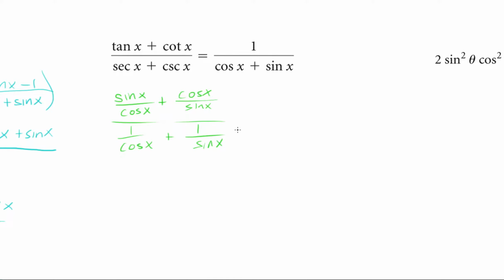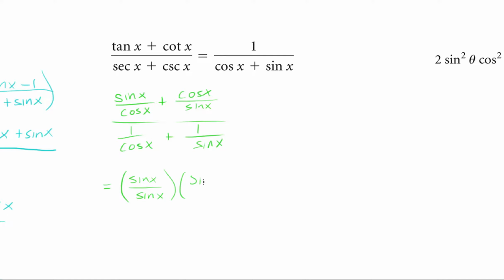Okay, now from here we add these two fractions. We need a common denominator. So what is the common denominator? Well, it's the multiple of these two. I'm going to multiply on the left by sine of x over sine of x